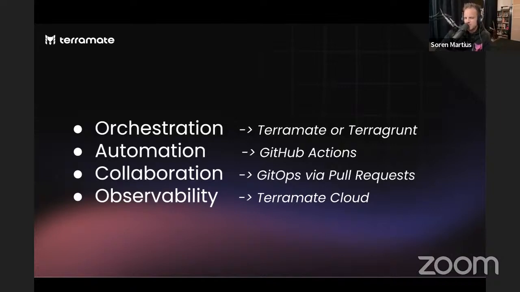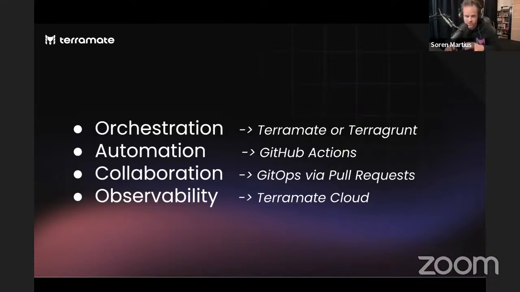Haven't really used it, but might be worth checking out. And then TerraSpace, I think, is another one. So for the automation part, we want to use GitHub Actions, of course. Collaboration then would be done GitOps via pull request, and I'll showcase how to do this in a second by